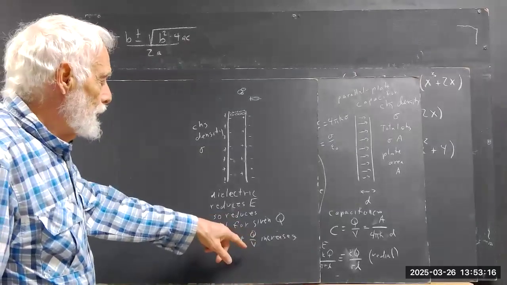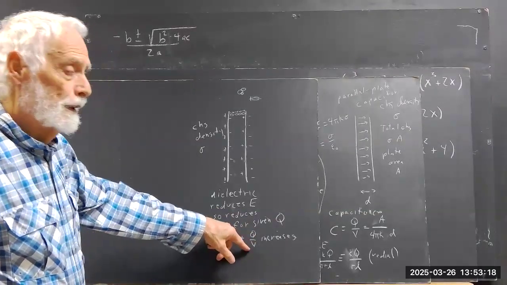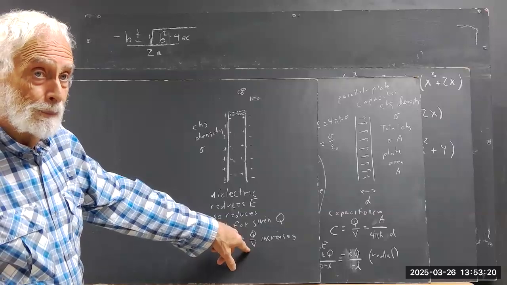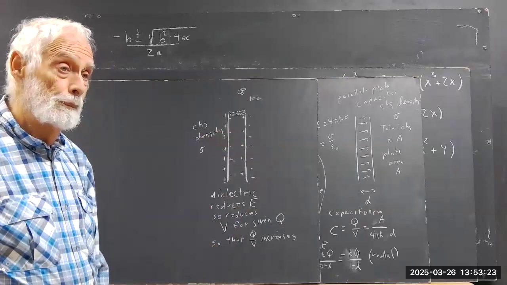Since you reduce the voltage and the capacitance is Q over V, that increases the capacitance. It means for a given voltage,